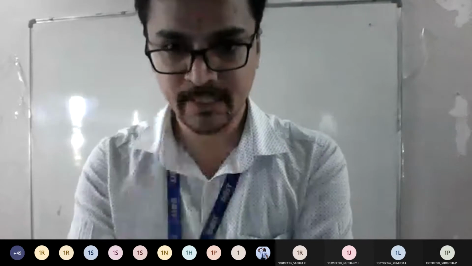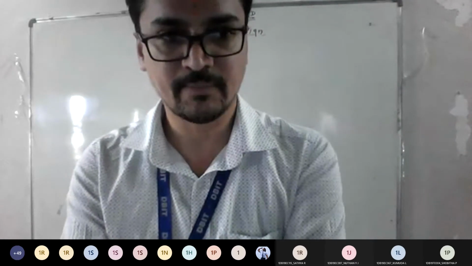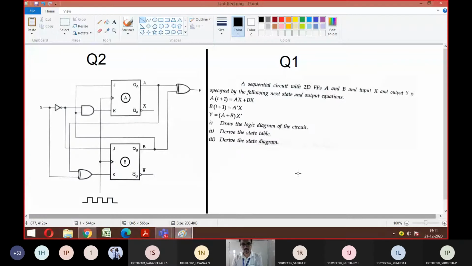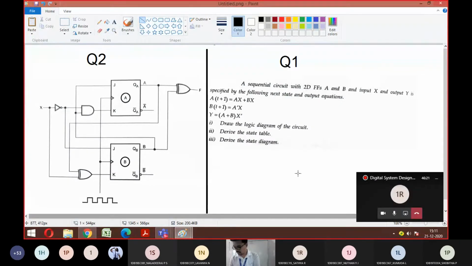Okay, let me share back the screen, the question. I'm telling you, just make a note of the question. You need to construct a transition table, state table, and state diagram for the Moore sequential circuit. Earlier we used to do Mealy, so in the same way they have asked Moore. I hope everyone got the difference between Mealy and Moore, and how to designate the state diagram. Okay, so the question is visible.